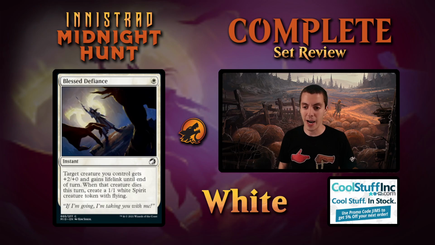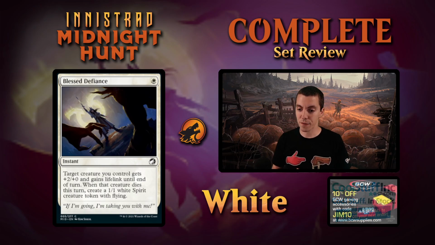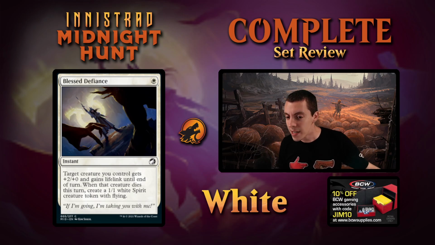Up next is Blessed Defiance. 1 white for an instant. Target creature you control gets +2/+0 and gains lifelink until end of turn. When that creature dies...